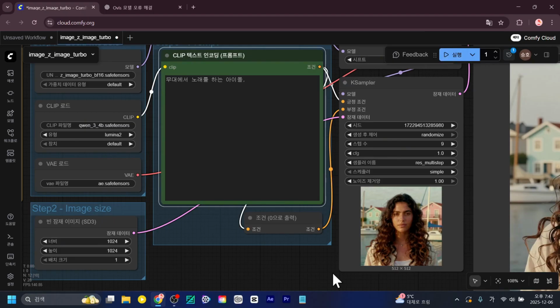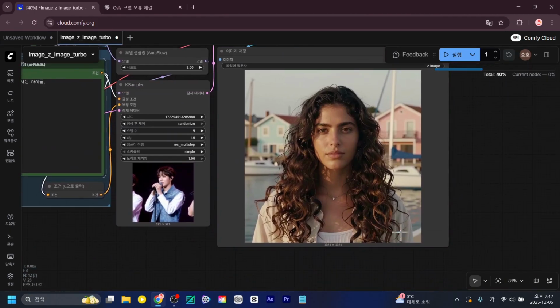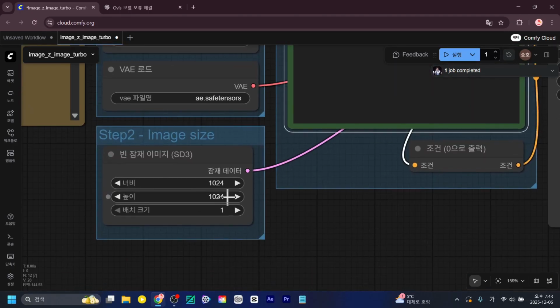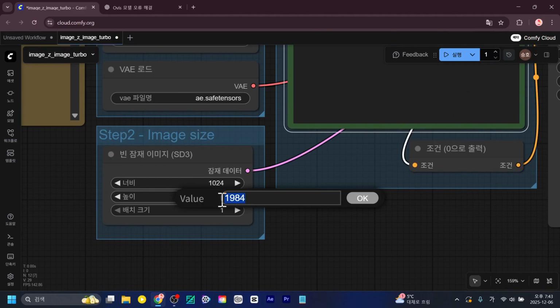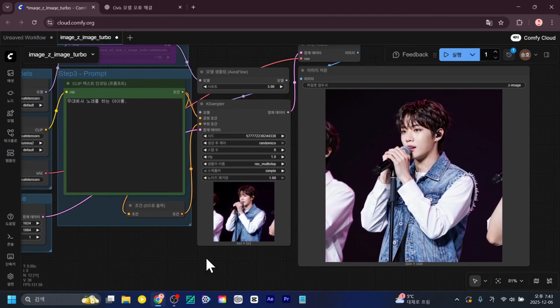Let's check the image that came out. It seems like realistic images are generated well. Next, I'll clear the prompt, and after pressing the run button, I'll try entering a natural sentence like an idol singing on stage. The boy idol comes out well, right? The speed also seems pretty decent. The results look good.